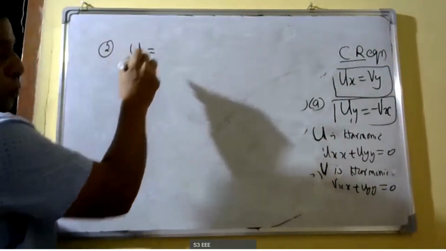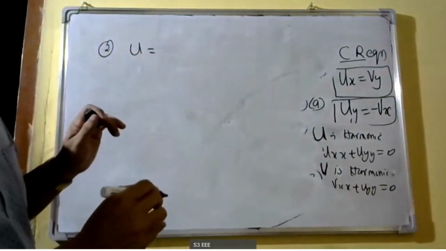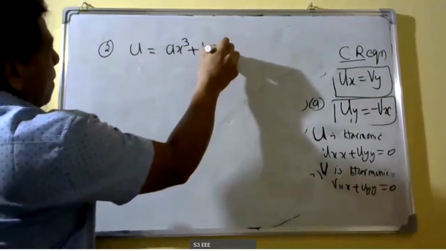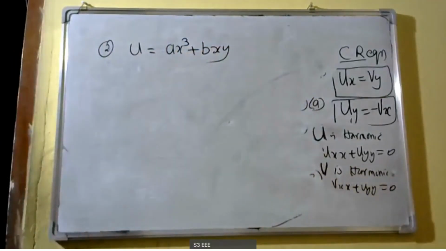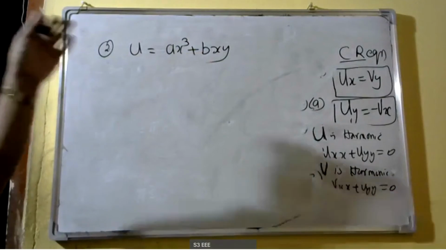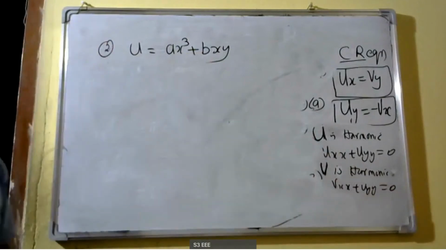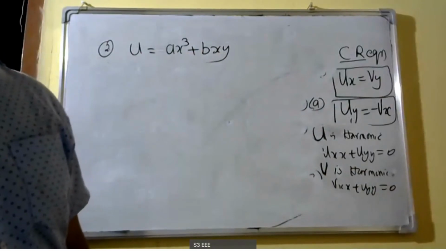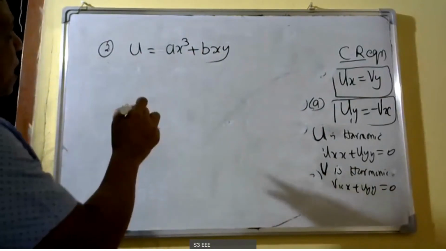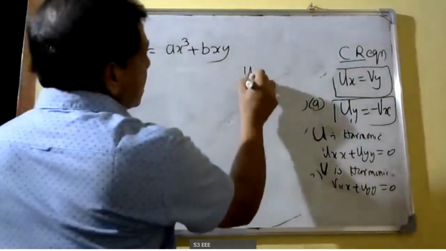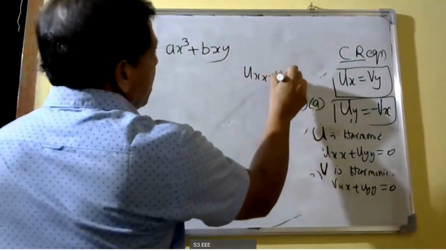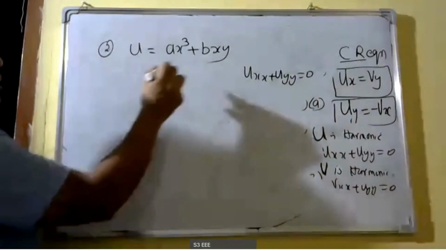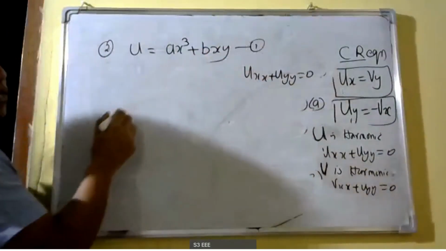U is equal to ax cube plus bxy. Here given that u is harmonic. Since u is harmonic, uxx plus uyy is equal to 0. This is equation 1. Partially differentiating with respect to x,